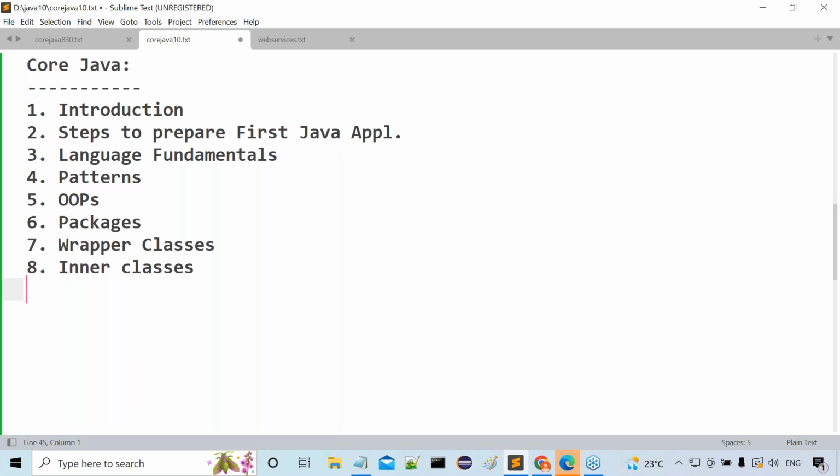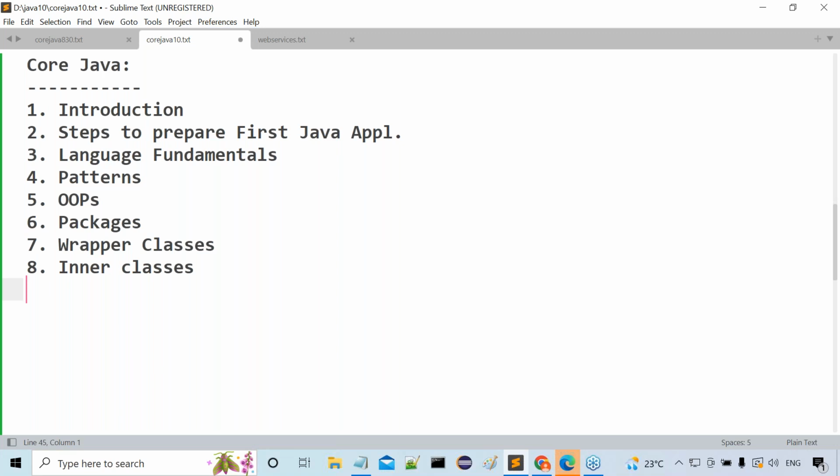Similarly, in Java, we are able to write a class inside another class. That class is called what? A nested class or inner class. Either inner class or nested class, we can say anything. Overall study about inner classes we are going to understand here. Four types of inner classes are available: member inner class, static inner class, method local inner class, anonymous inner class. Yes sir, all of you are getting my point or not?